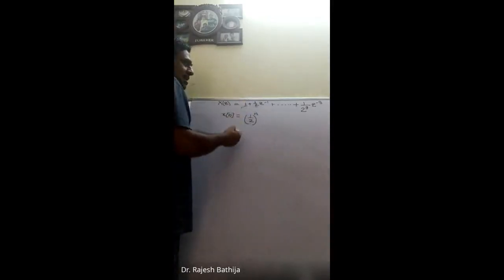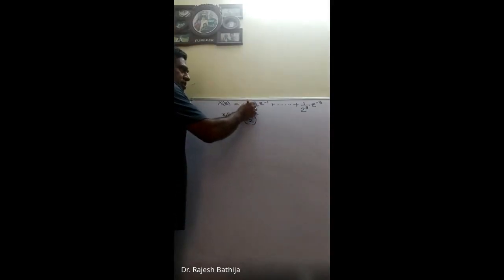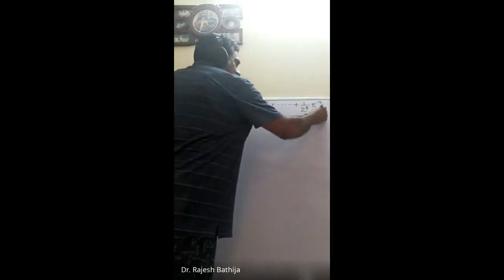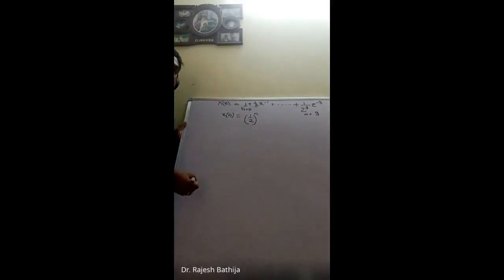और यहाँ पे हमें क्या करना है? हमें चाहिए n equal to 0 से लेकर n equal to 9 तक। कहां से लेके कहां तक चाहिए? 0 से लेके 9 तक चाहिए, उसके बाद नहीं चाहिए हमें, इधर भी नहीं चाहिए, राइट? तो ये मेरा यूनिट स्टेप सिग्नल हो गया। अब ये जो यूनिट स्टेप सिग्नल है, इसको हम लिखेंगे कैसे? Anybody? How do I write this?